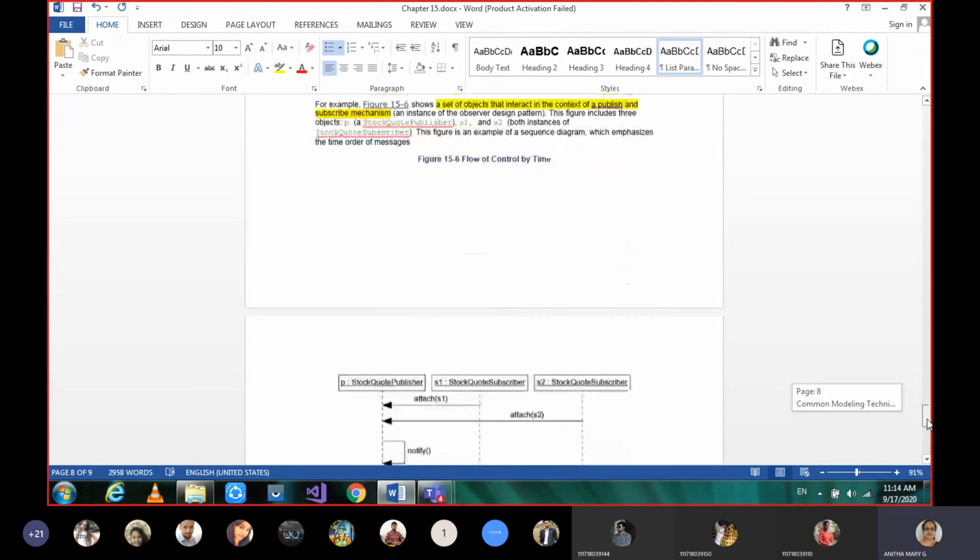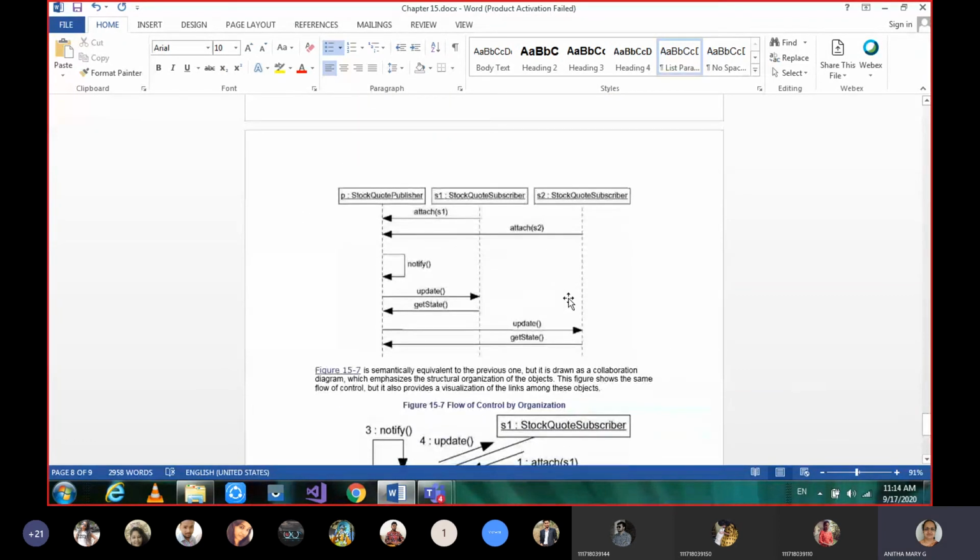Okay, let's see here. Flow control by time means what? What diagram is it? Sequence diagram. So always, all of you please pay attention and focus here, because these are the things we will be learning in interaction diagrams separately. Though this is about only interactions. Interaction diagrams we'll study in detail. But before going to that, you need to know this.